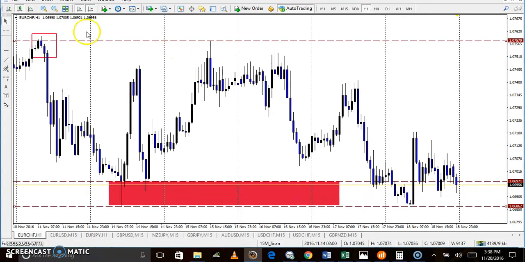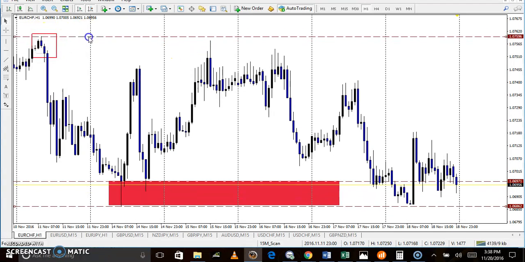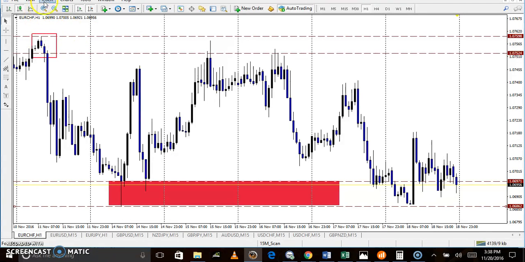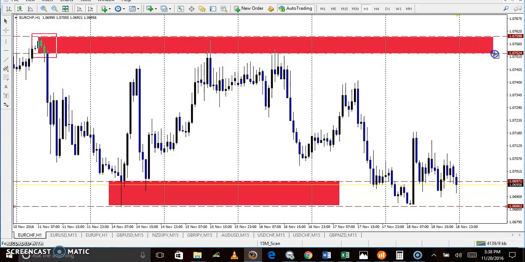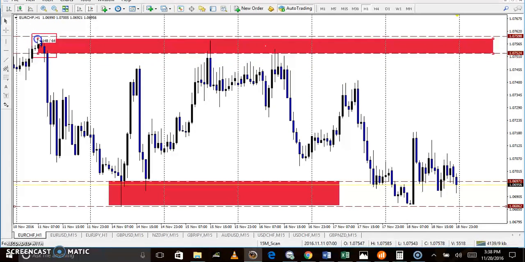Likewise, let's say here at the top, perhaps you have this. This is the highest point that you have over here, and this is the last bit of consolidation zone that you probably had over here. You insert your rectangle over here and highlight this as your sell zone. So when price looks here, you're looking for resistance signals, some sort of pin bar reversal, some sort of evening star. So you're looking for some sort of reversal signal or confirmation, and once that does happen,